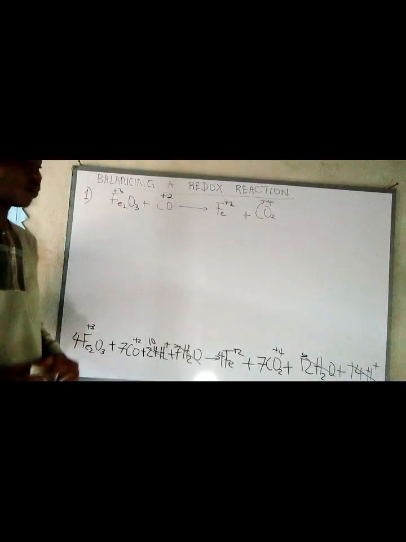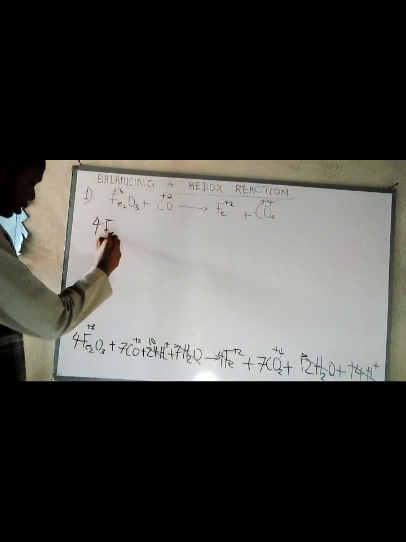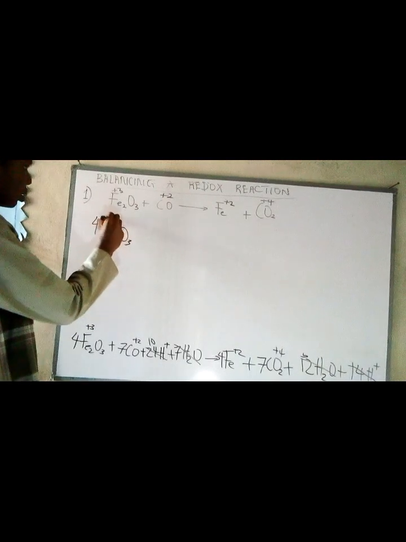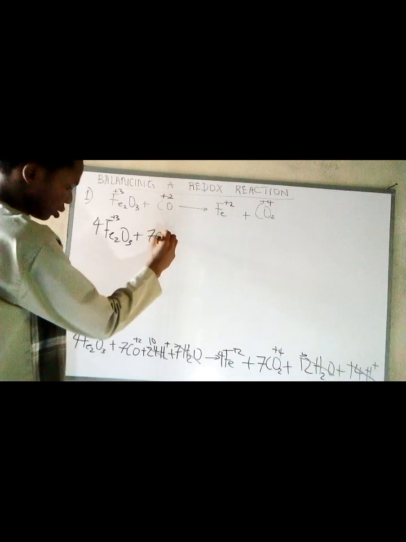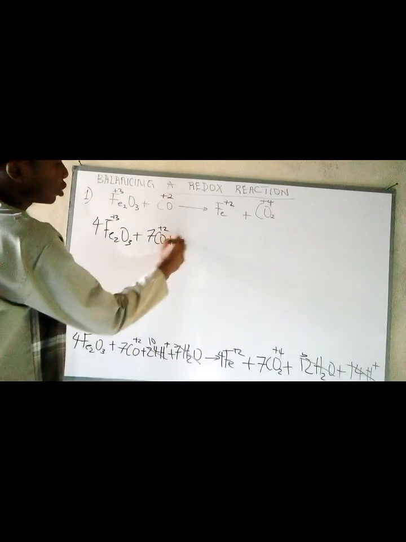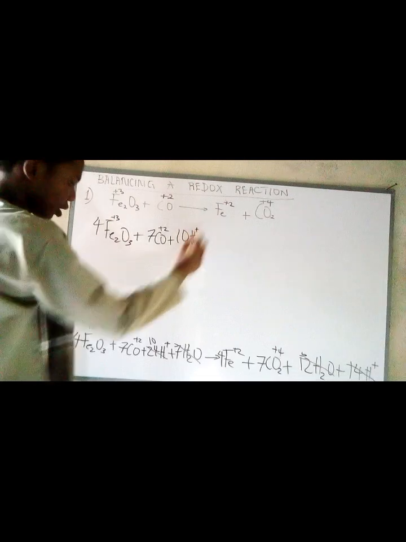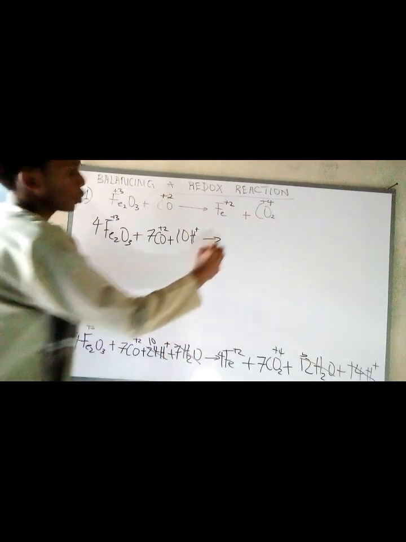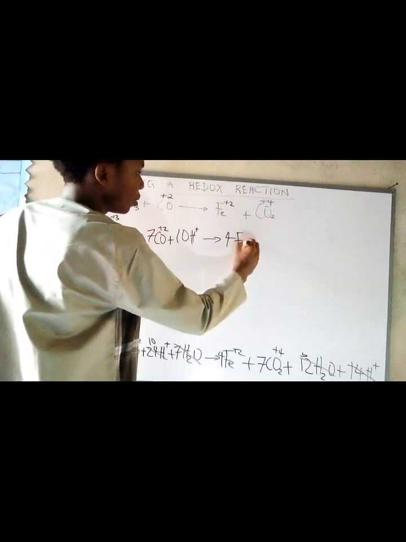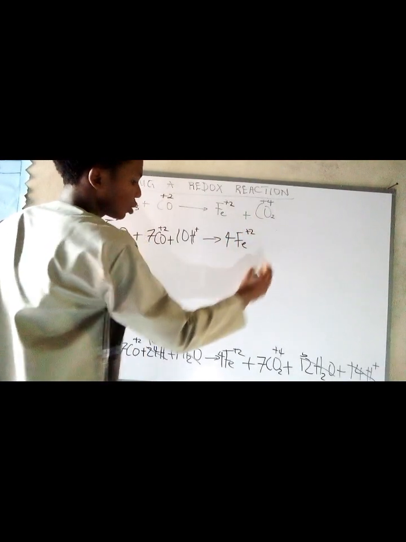I will now have to clean this side and rewrite this equation. So please, if you've not written anything, write it down and let me clean it up. Alright, we're done cleaning. So now let's input this back. We have 4 molecules of iron oxide plus 3. Always write the charge. Plus 10 hydrogen ions. Okay, we've cancelled this out, so I'm not writing it. To give us what? 4 molecules of iron 2+